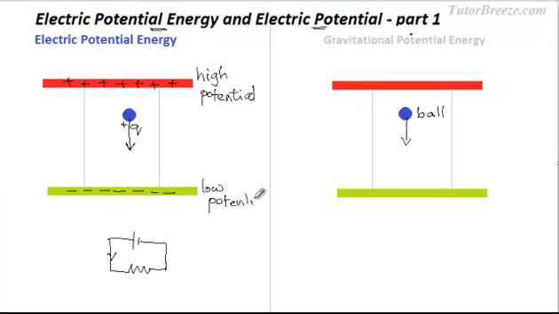Now, this is just like the case for gravitational forces. The higher level can be taken as a high potential region and the lower level to which the ball falls can be taken as a low potential region. Now in this case the ball falls on its own from the high potential to the low potential, but to move it from the lower potential to the higher potential you need to do work.